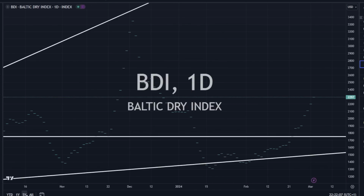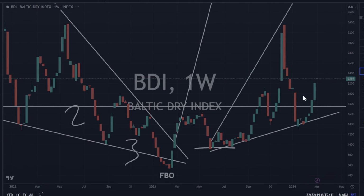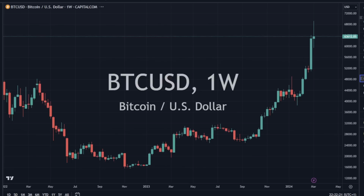Baltic Dry Index up 4.2%. Looks good to continue higher. We've got Newcastle Coal up 0.89%. Also looks good to go higher. That looks pretty good. We've got Bitcoin down